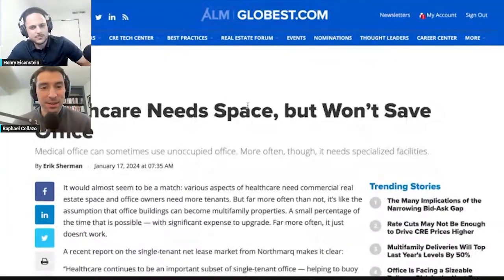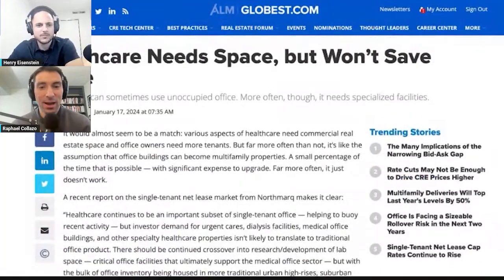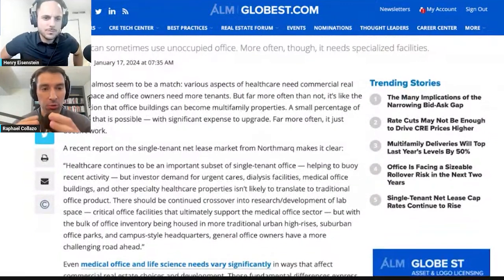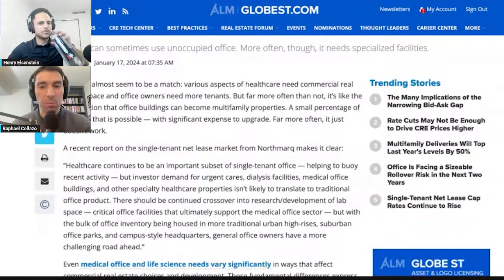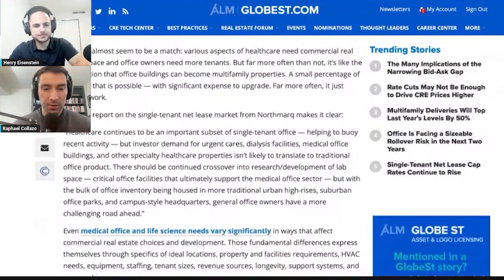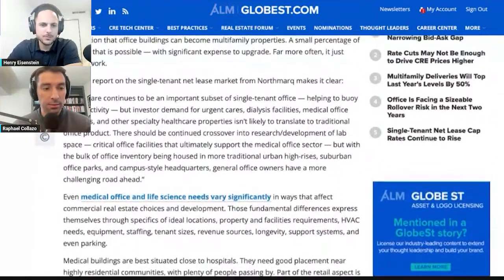Let's go ahead and dive into this exciting topic, which is healthcare needs space but won't save office. So the premise of this particular article is that there are some use cases where medical users are able to enter into some office buildings, obviously more of the suburban offices that they've described. There's been a lot of rhetoric in the general populace regarding potentially converting office buildings into primarily residential uses, but there's a contingent of people that have tried to see if maybe doing a medical office building, but multi-story,